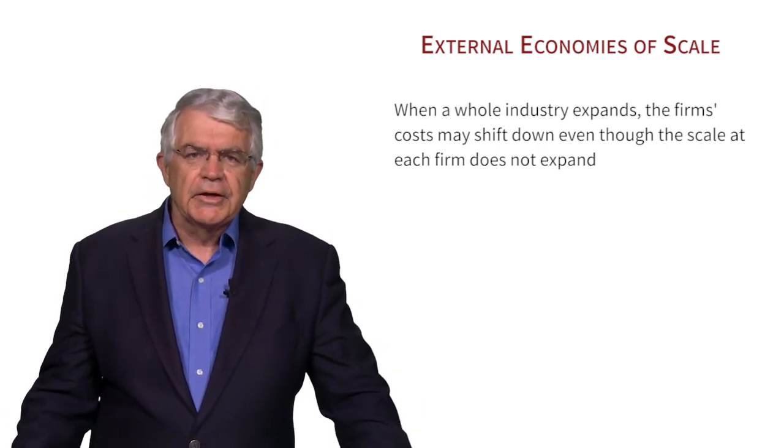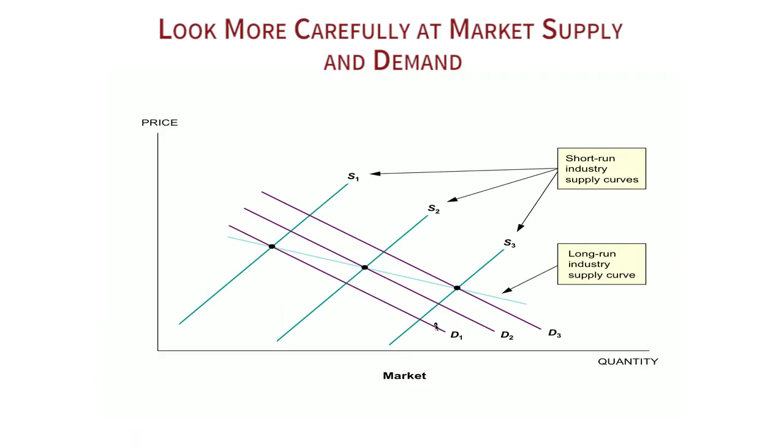You can illustrate this in a diagram, very similar to what we just did before with both the demand curve and the supply curve shifting, but with an interesting subtle difference. It shows the demand curves shifting out. That could have been because there's an increase in demand for the product, say bicycles. And it also shows the supply curve shifting out as more firms enter the industry. We've seen that before in the first example. But in this case, it's different because the supply curves are shifting out by more than the demand curves. So that little shift there is that amount. That little shift there is larger. It's a larger amount. So it's shifting out by more.